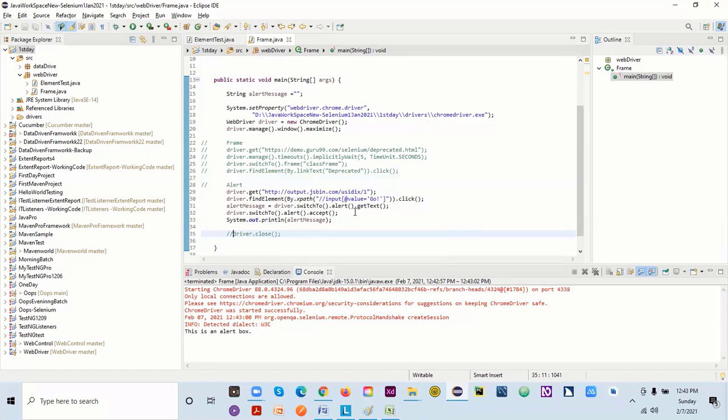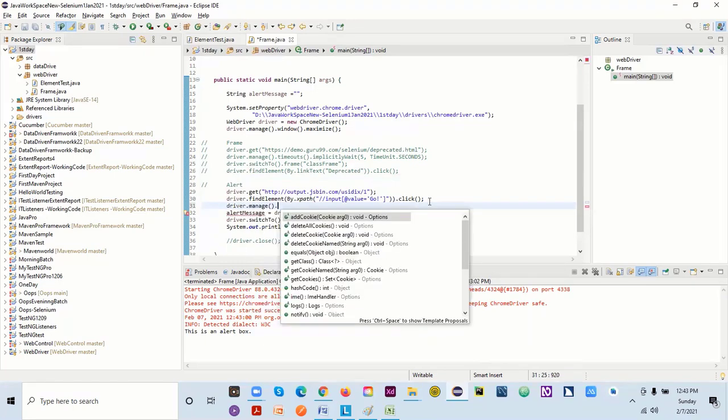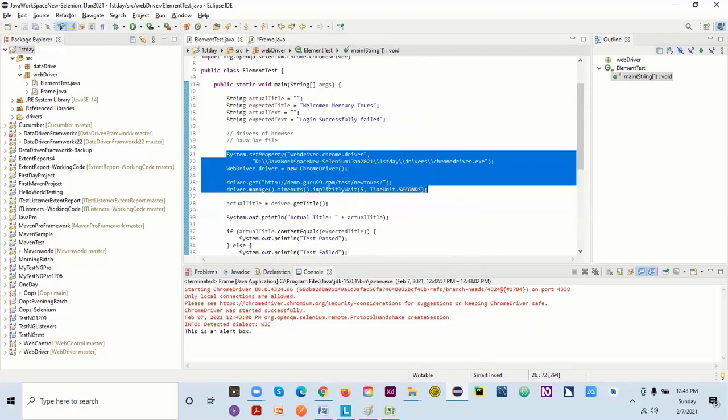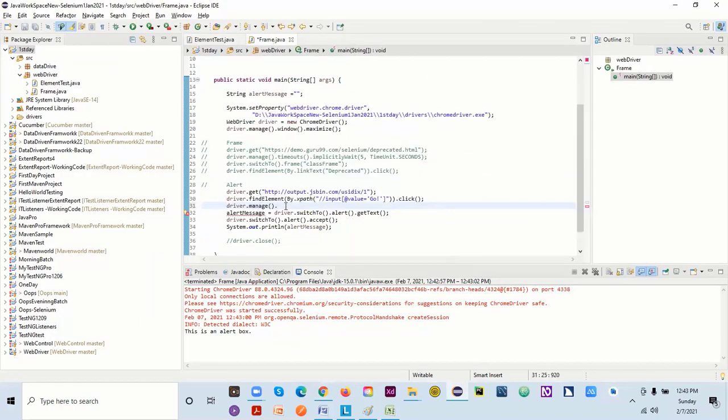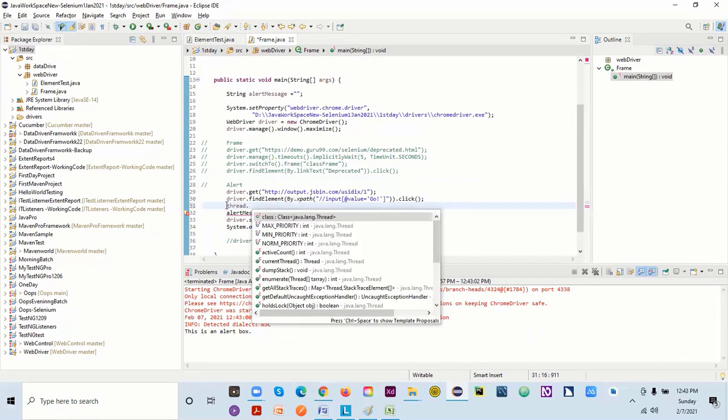So to do it in slow motion, I can come here and click on this, get the text. I can say here driver.manage. What I can do here is copy my distro. Let me copy and paste here. It's already there actually. Okay, so instead of this one, let me remove this one here.